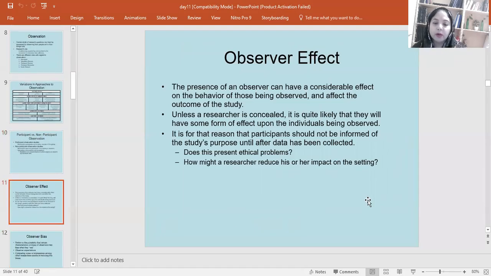One thing which is very important is the observer effect. Sometimes, because you are being observed, your behavior changes, and you behave differently from your regular routine. For example, if a teacher is being observed in a class, the teacher tries to demonstrate the best teaching skills in front of the observer, and tries to portray